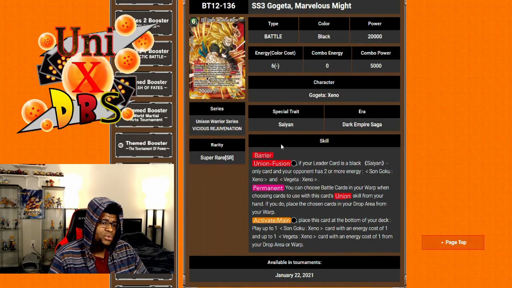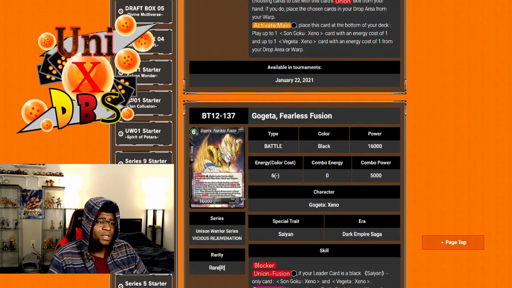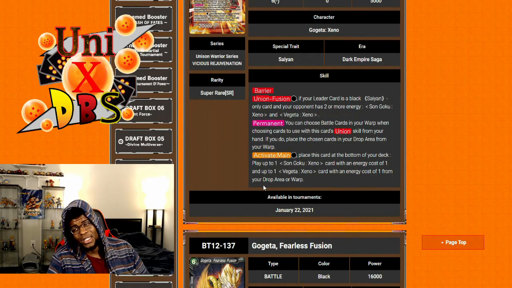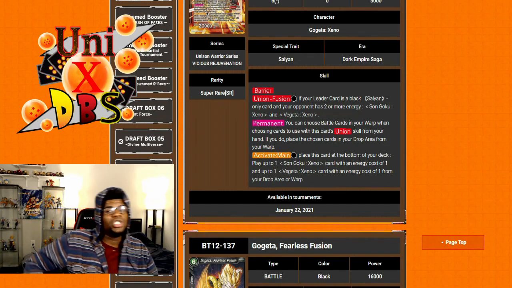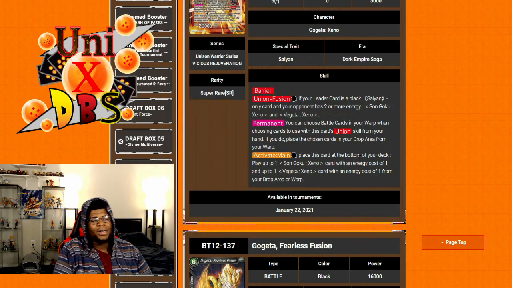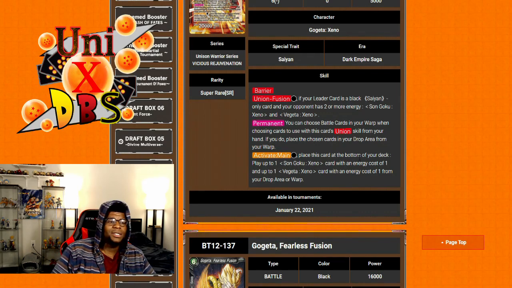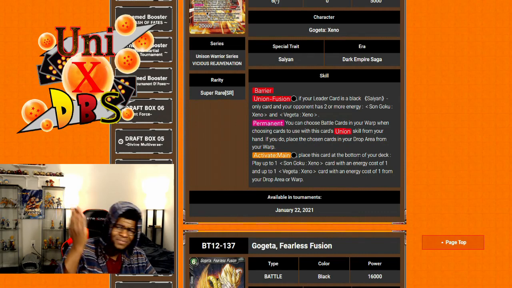Then we're going to go to Gogeta Fearless Fusion. Let's actually wait. If we go back up, your opponent has to have 2 or more energy, so you can't even play this on turn 1. You need to play it on turn 2, and limits like those are kind of weird. But you have limits like Broly, the top of the Broly BR chain from set 11. Your opponent has to be at 3 energy, you have to be at 4, but that card helps close the game. This card doesn't do anything, so,